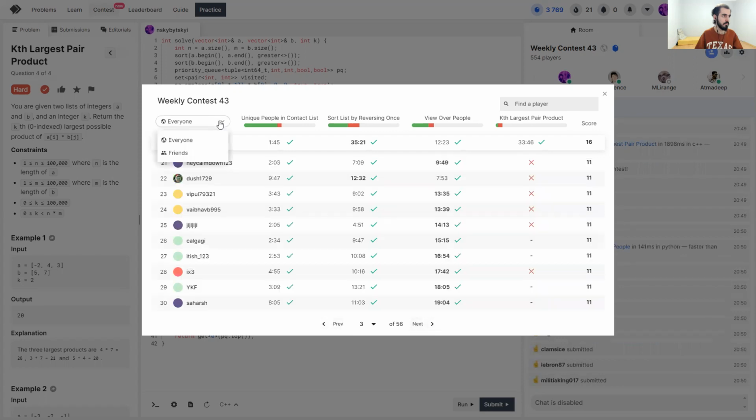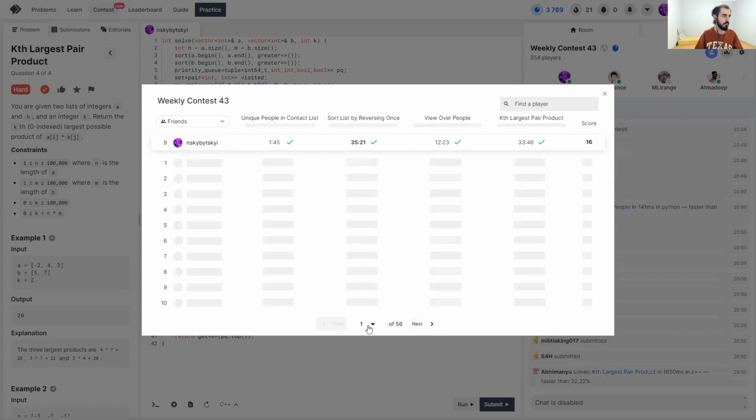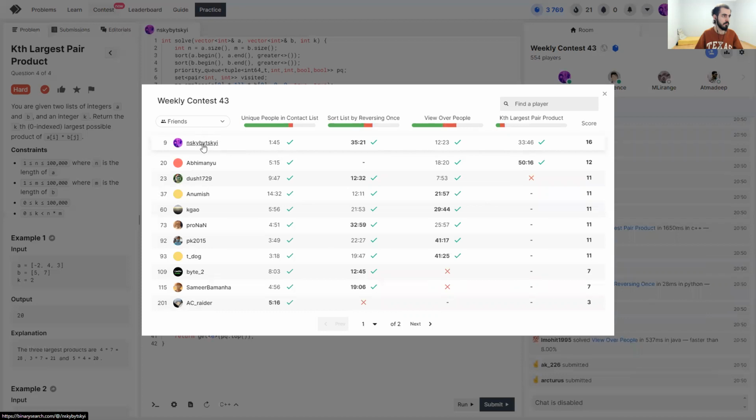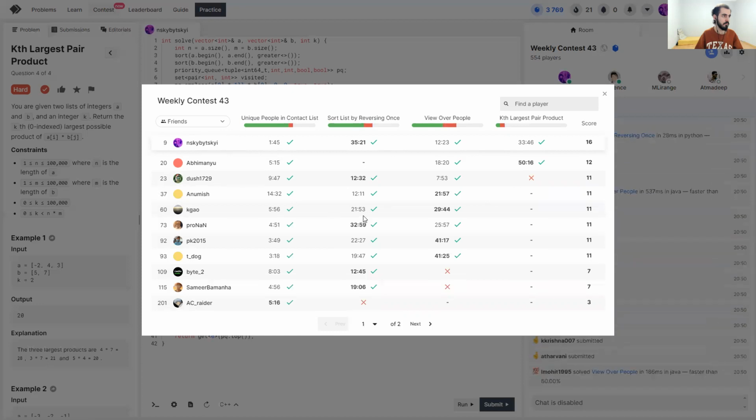Oh, by the way, can I filter by friends? How do I go to the first page of the friends? Ah, it shows me, okay, I'm not my own friend. So yeah, actually, my friends are not doing particularly well this time around. No, I mean, solving 3 questions is definitely good, right? So they're mostly in the top 100. On the other hand,